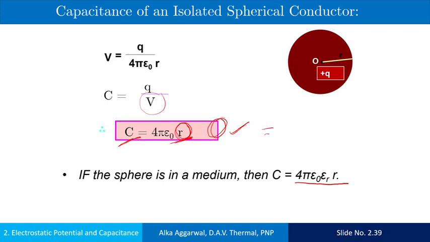So putting the values here, radius of earth 6.4 into 10 to the power 6 upon 9 into 10 to the power 9. It gives the capacitance of the earth, which is equal to 711 into 10 to the power minus 6 farad,